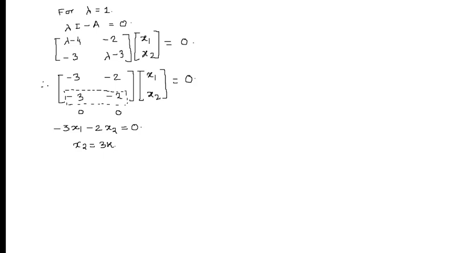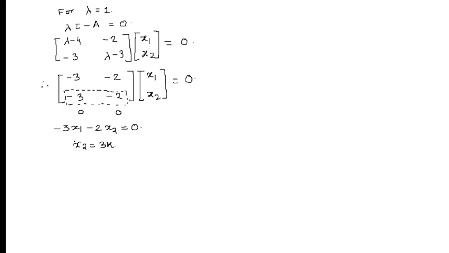You try to make the number associated with x1 and x2 the same. For that, if you want to make it 6, then you have to take this will be equal to 3k. Okay. So what I am going to do, if x2 is equal to 3k, then what is